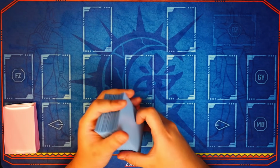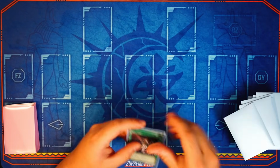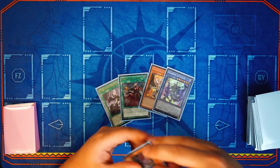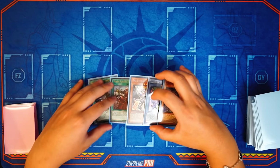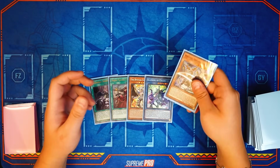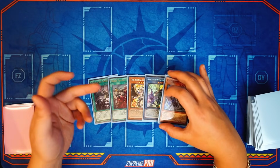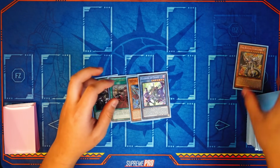Here we go, ladies and gents. All right, do the magic cut. We're drawing here. So 1, 2, 3, 4, 5. So obviously this type of hand kind of requires your opponent to interact with you, right? So if they have thrust, you know what I'm saying, you can set cards or stuff like that. This hand is obviously just a bit better going second, but what you can do is you can go this